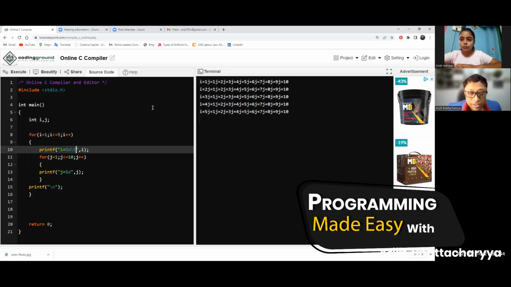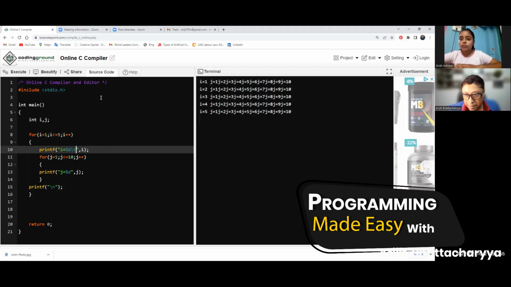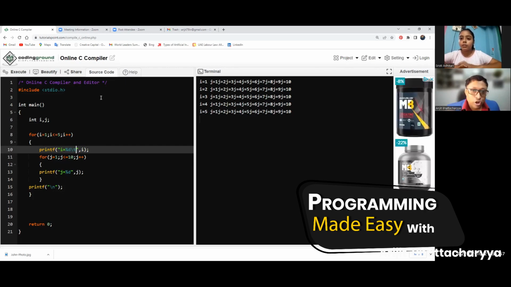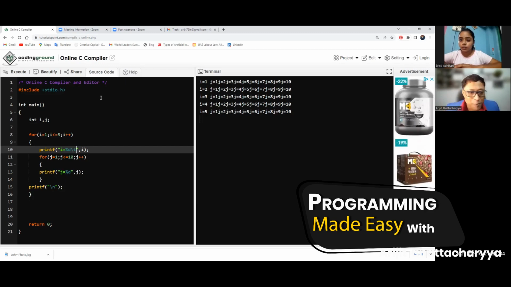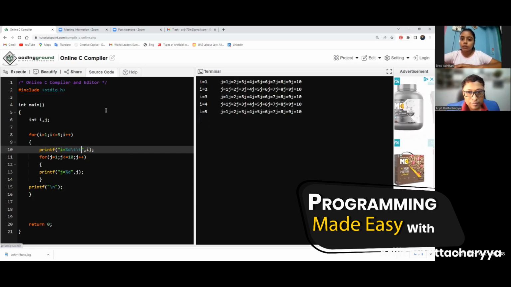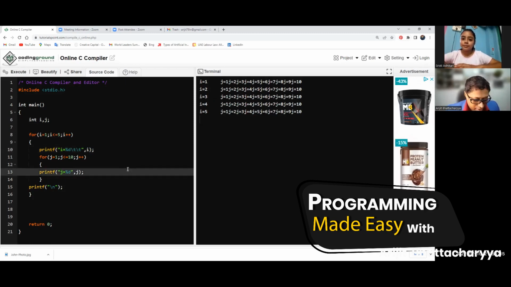it is \t. \t means it is going to give you a tab. Check. In between i is equal to 1 and j, you got a very simple gap. In your keyboard, can you see there is a Tab button? So it is going to give you 1 tab. If you put 2 tabs, like \t again, a big gap. Now, if you want a tab in between j,